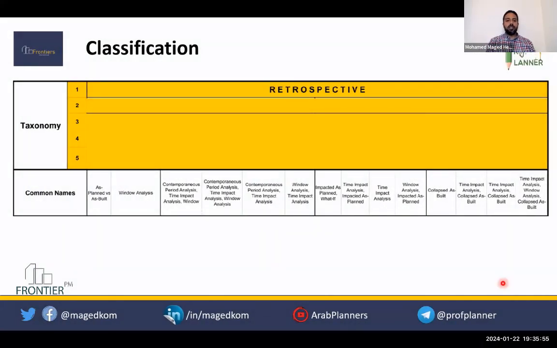Here is the classification of the forensic schedule analysis. And as I said, it includes also the prospective, and I'll tell you now where it lies in this classification or taxonomy.